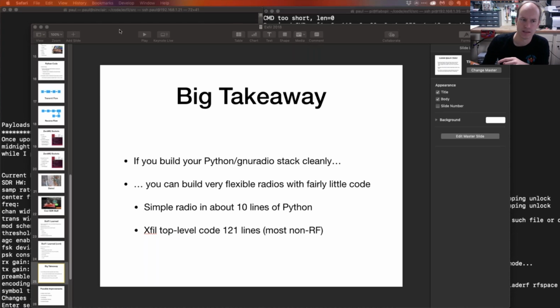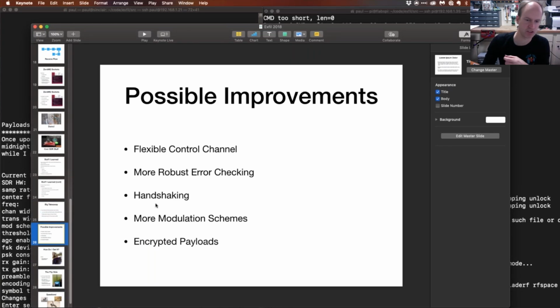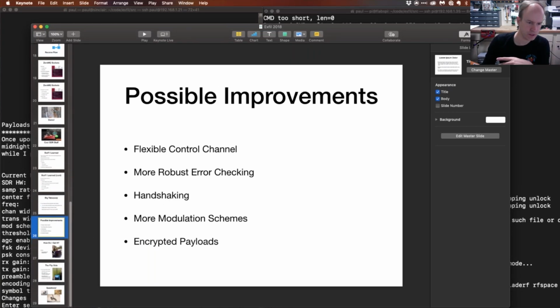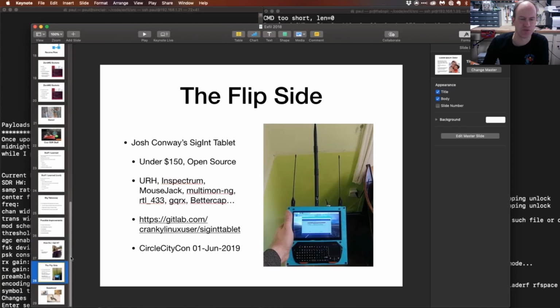And then the last thing I wanted to mention, because I wanted to give a plug, some possible improvements. I think I've mentioned all of these already. How you get it, that was one question. My GitHub is Paul G. Clark, and I have this particular thing under Exfil, EXFIL. Yeah, you can take a look through the code there. Like I say, it's engineer code, and a few things I would have done differently, but it works. And there's actually a real hack on the receive side somewhere, but it works. You can ping me if you want to know why some strange piece of code was written some way.